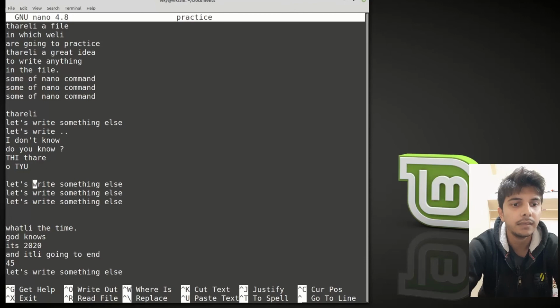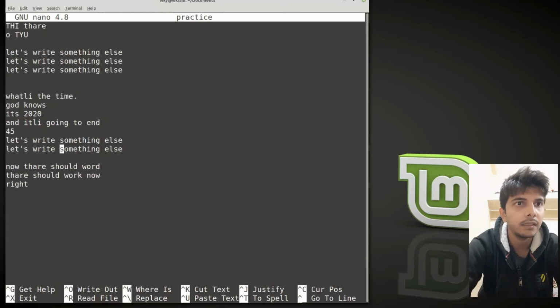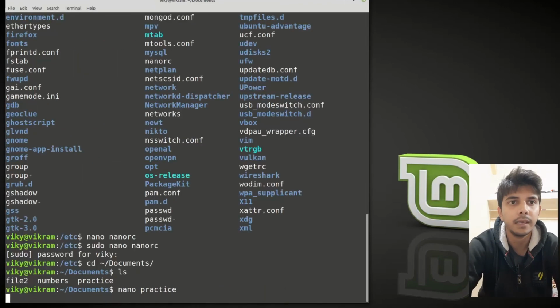Now if you see, its length is more than 4, its length is more than 4, right? Currently I am pressing Alt W to move further in this way. Now after that it is not going to go further. If you want to go back, you can press Alt Q, like this. All right, so let me just close it again with Control X.